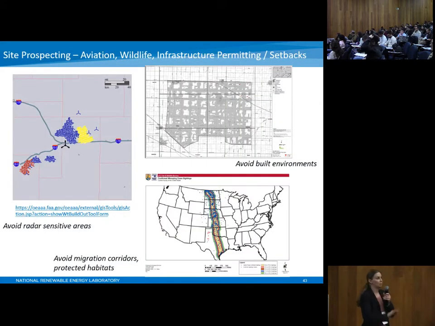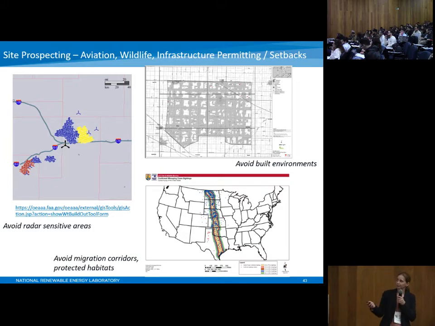And then I've got to consider a myriad of issues related to environmental, potentially aviation, radar, local built environment, buildings, communities for noise, flicker, all sorts of things that may actually affect the permitting process for your project, whether you can actually get the permits to build it. So one thing we get concerned with a lot in the US is radar interference. If you have wind turbines too near, say, a military facility or something like that, they can interfere with radar, which is not good for security and aviation type of